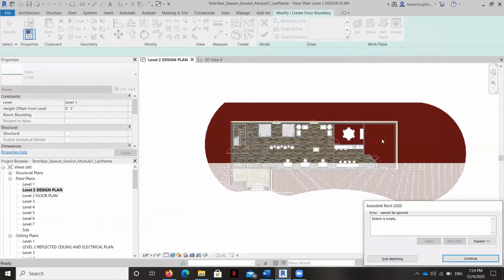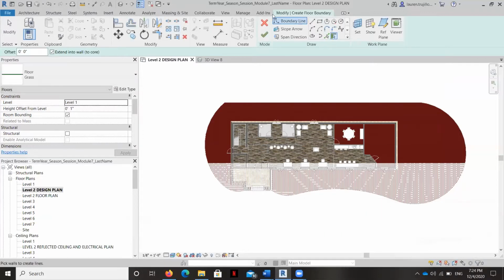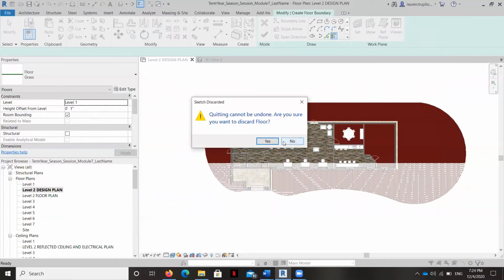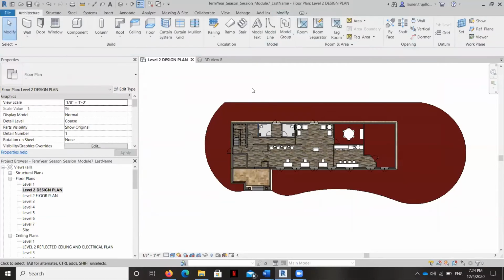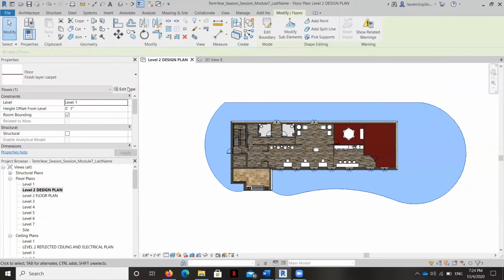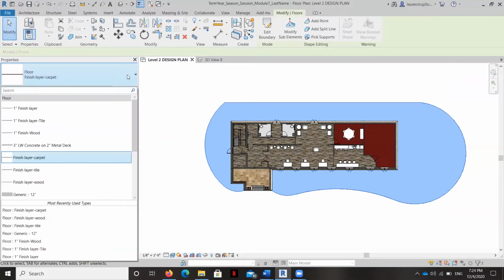And when I hit my green checkbox, let's go ahead and, so I've already created this floor, so it's not going to let me do another one. But you can create one and just kind of try to mimic that shape. So I'm going to hit yes, and then all I'm going to do is just change this.